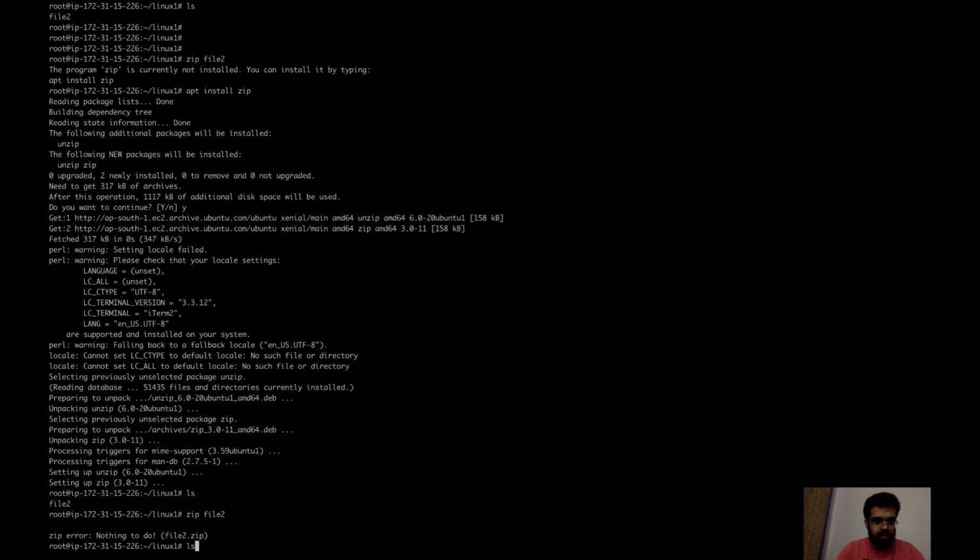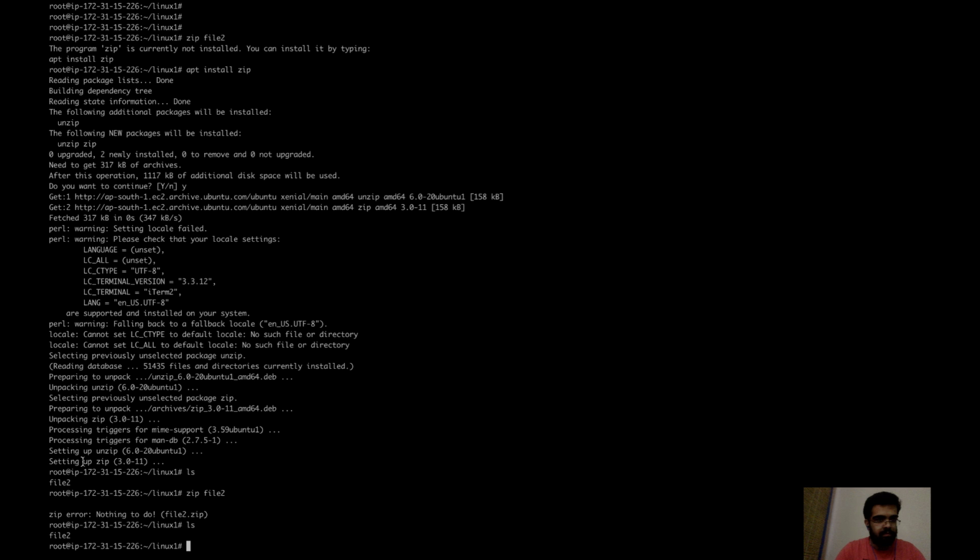I can see that file2 is now being zipped. In the same way, we can use unzip to unzip the file.